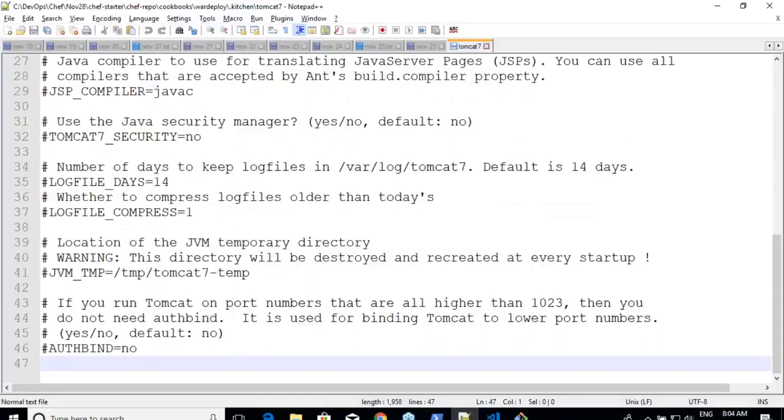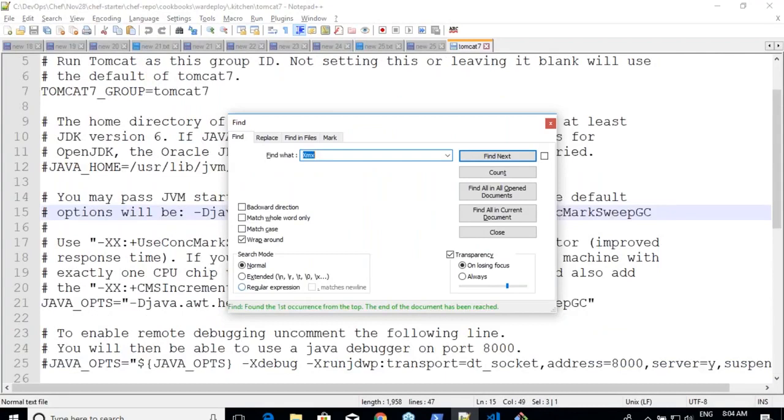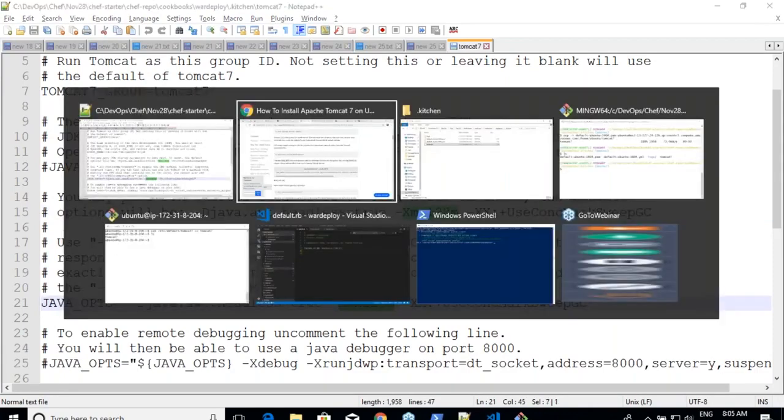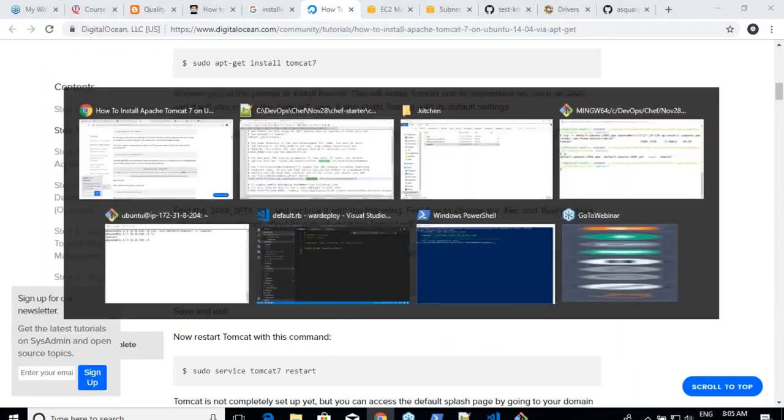So let me see if I have something called Xmx. Am I having any Xmx value over here? So what he's trying to tell is, if you want to use this Xmx, okay, where is it? Over here. You have to change that Xmx value to 512m and MaxPermSize to 256m.